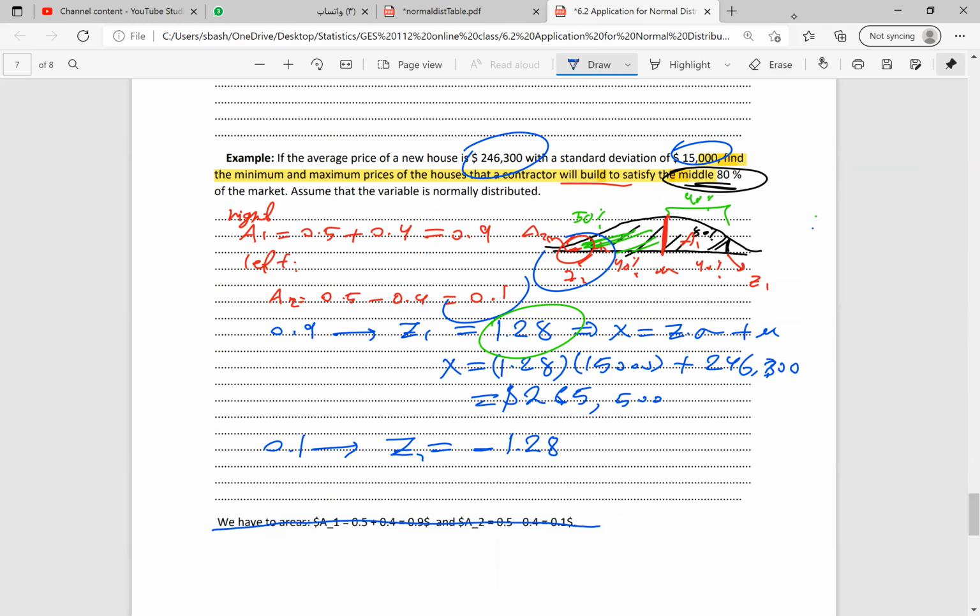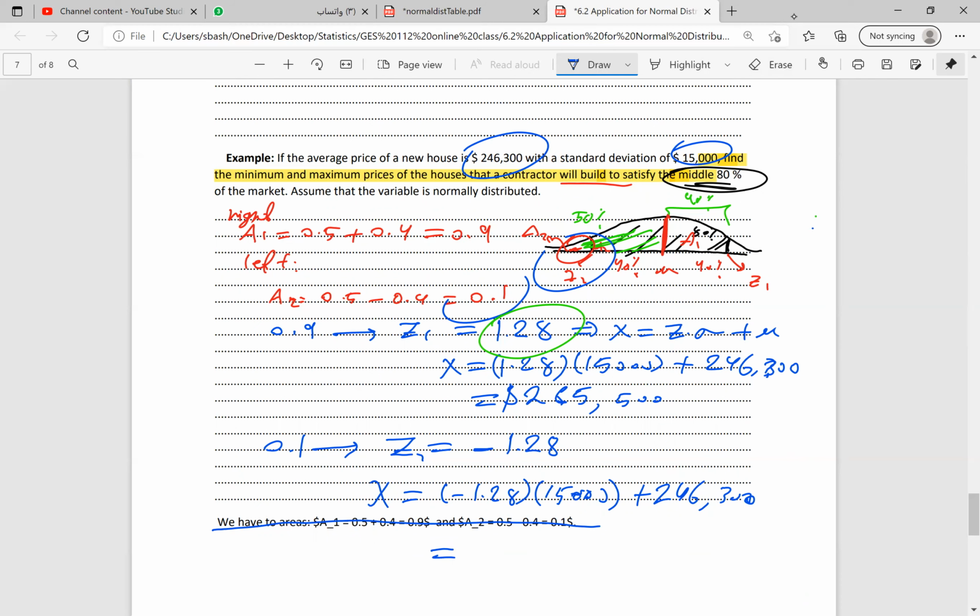Because we are speaking about the middle of the 80%. So this is Z equal to minus 1.28. So X is equal to minus 1.28 multiplied by 15,000 plus 246,300 $, which is equal to,